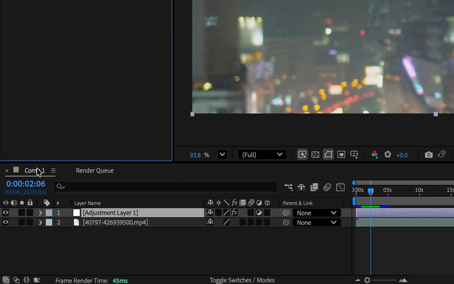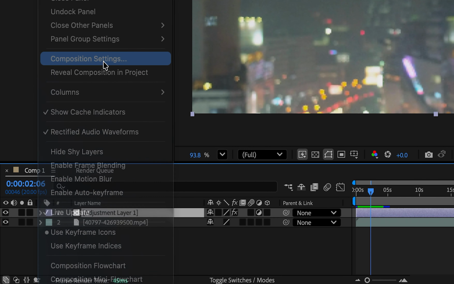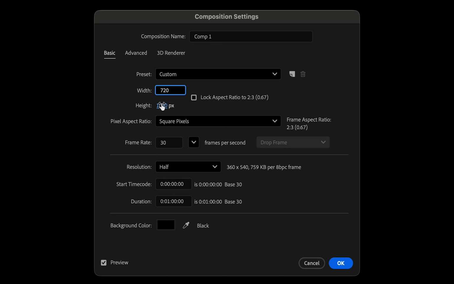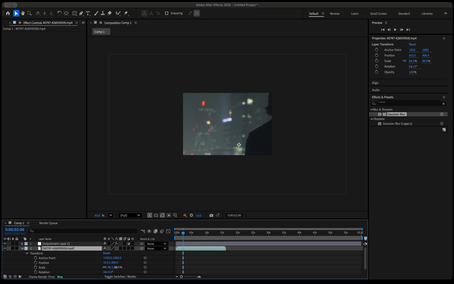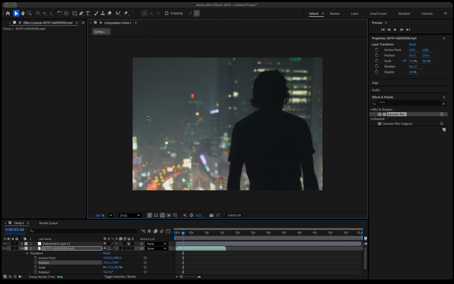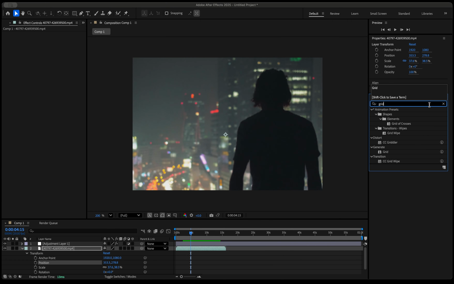Next, I'm going to edit the composition settings by changing the aspect ratio to 720 by 480 pixels and the frame rate to 20. After quickly readjusting the scale of the footage, I'm adding a grid effect to create the scan lines and pixel